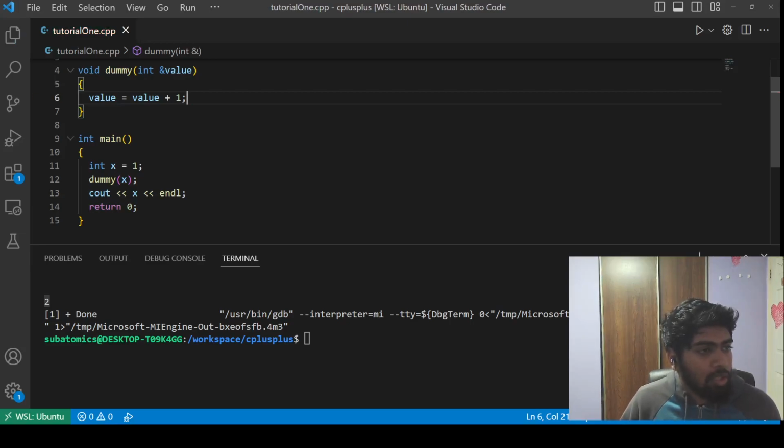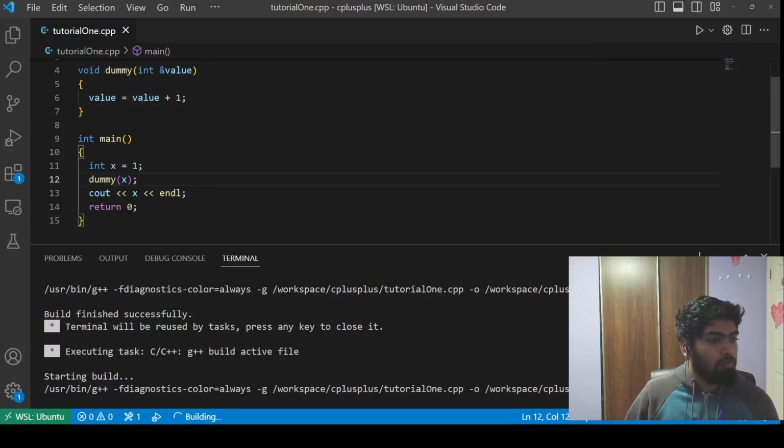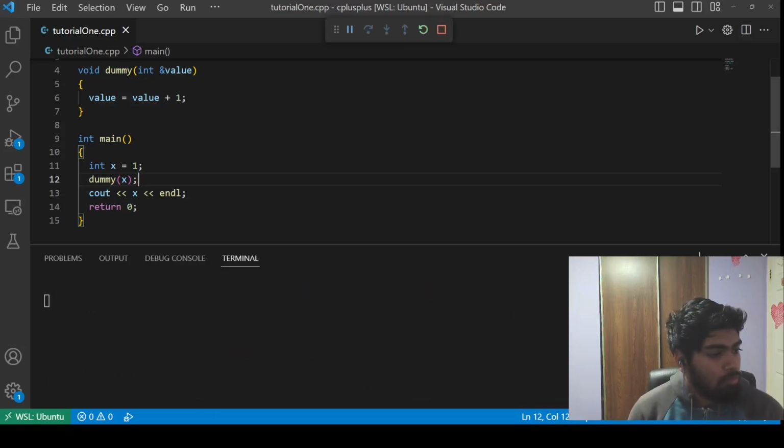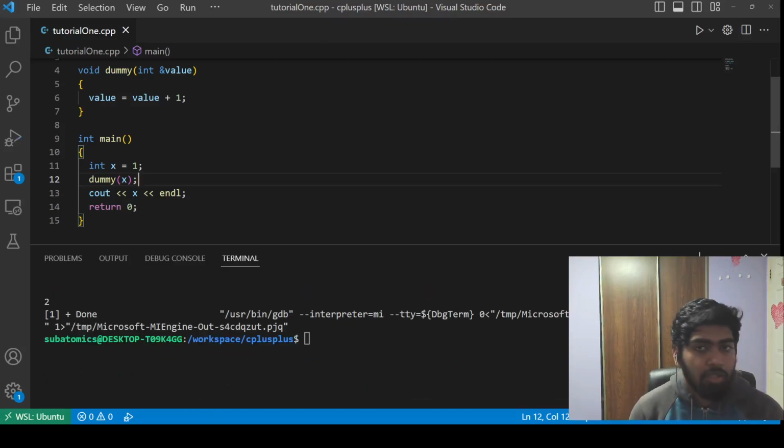So inside the dummy function, we're increasing value by 1, and notice we just removed the return, and in this case let's print out x. We can see the value of 2 is being printed out,